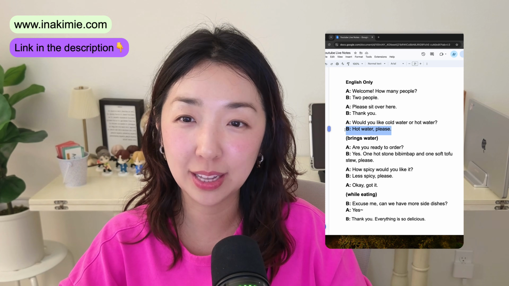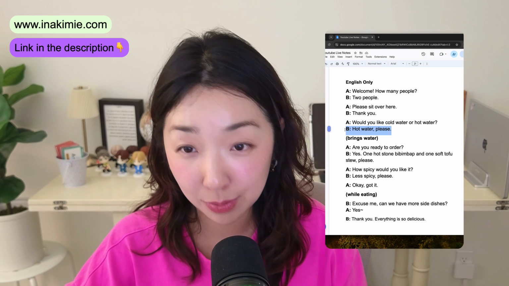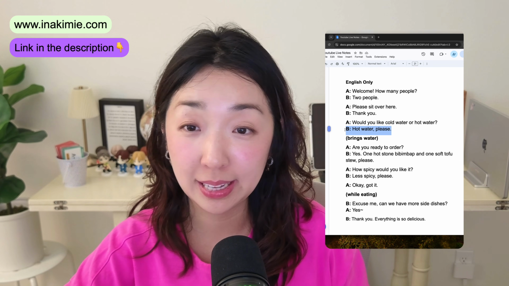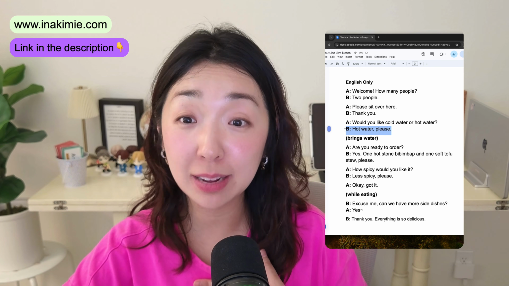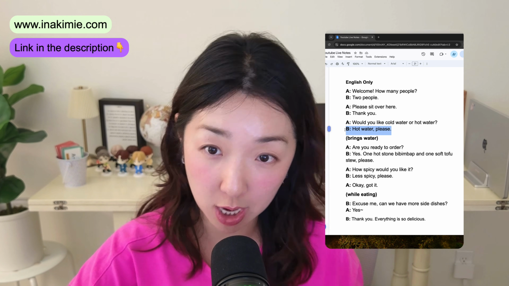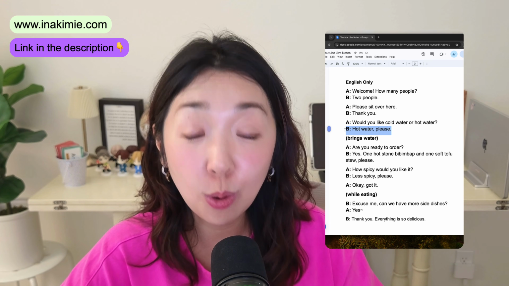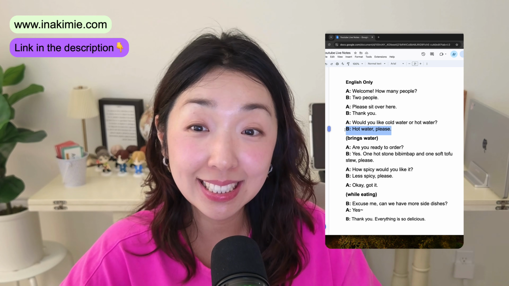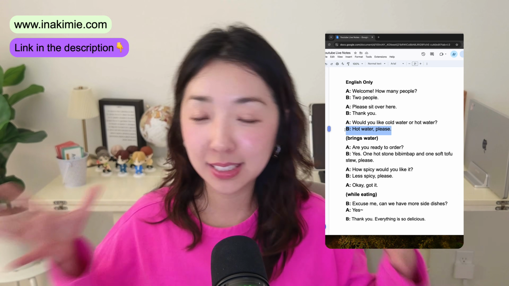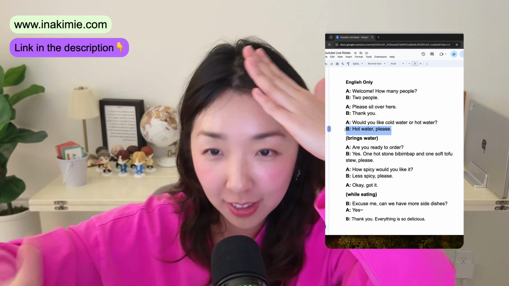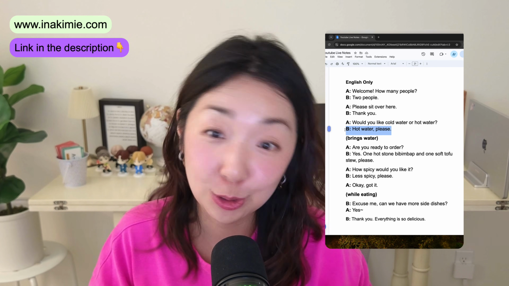And then B goes hot water. This is so cultural. Like Korean people always will sit down and they'll ask for hot water. Like I always do. Even in summer, I'm like, yeah, hot water, please. And then I shock my friends, but I'm like, yeah, I'm gonna be traditional Korean getting hot water in summer. So hot water, what did I say? 따뜻한 물로 주세요. You know 주세요? Like, please give me liter 남준 주세요. You've been watching that little like reels everywhere. So 주세요 is right there. 따뜻한 물로 주세요.